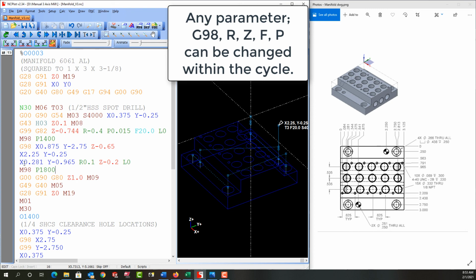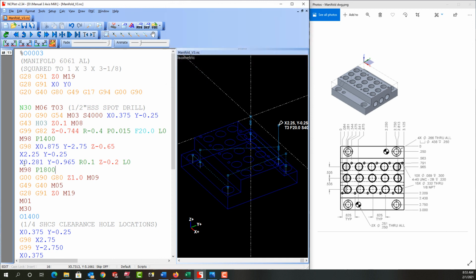And once a drilling cycle parameter has been changed, it will be the new active value until the cycle is ended or the value is changed again. Over the next few videos, I'll demonstrate how to drill, ream, and tap